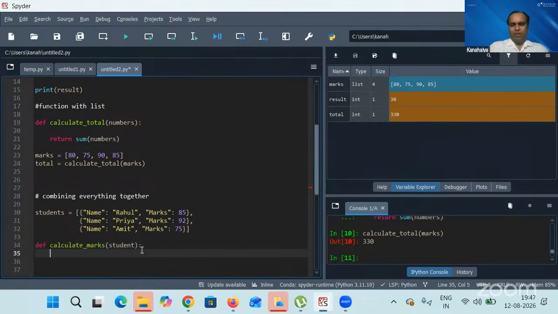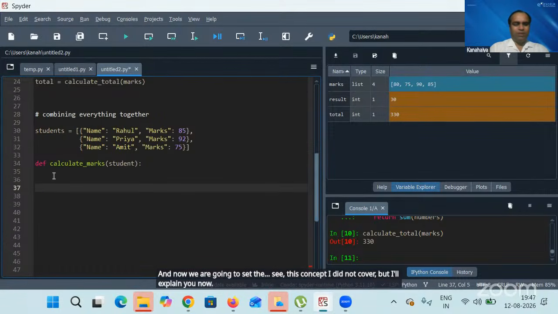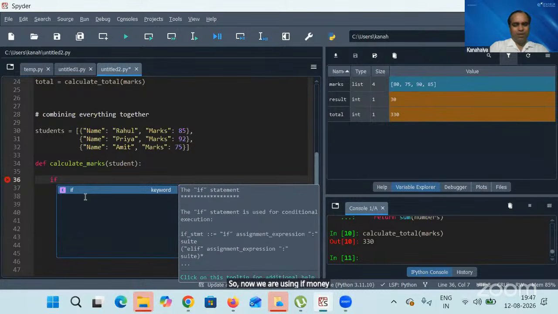Now we are going to set, see this concept I did not cover, but I'll explain it to you now. I did not go over the if condition, and sorry for that. So now we are using the if condition. What it says is, the if statement is basically